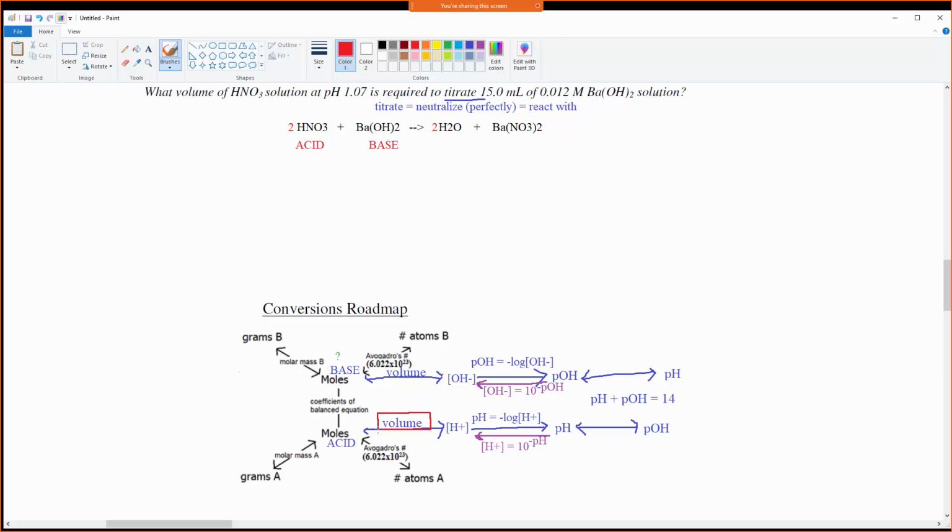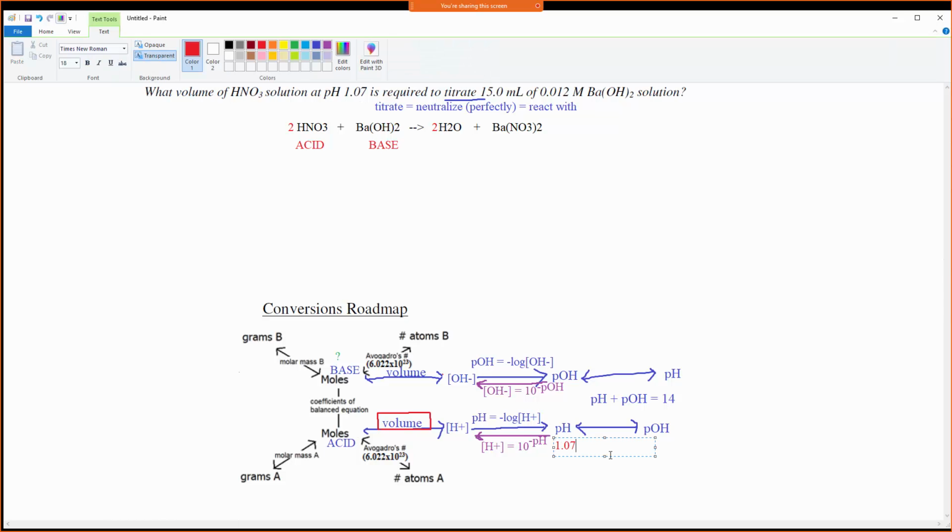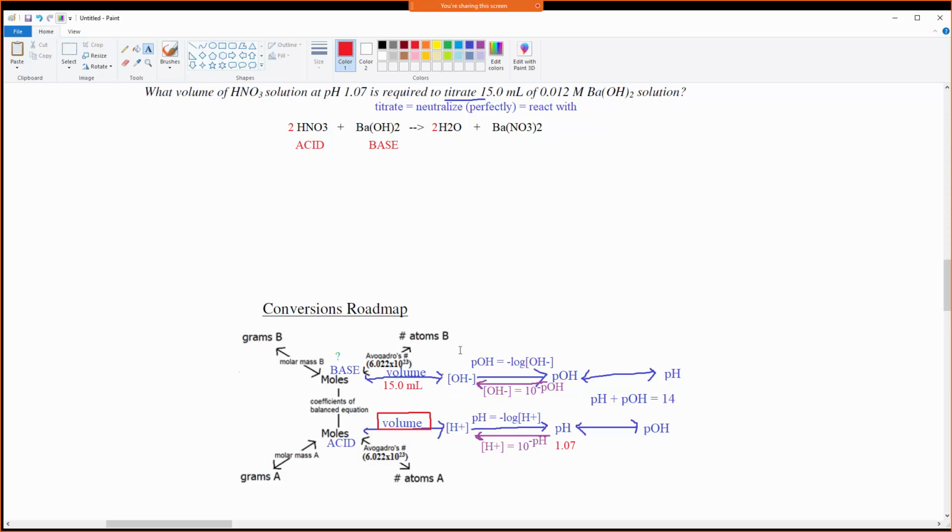And they gave me the pH of 1.07. Okay, so they gave me this piece. And they gave me the volume of 15 milliliters, and they gave me the concentration,